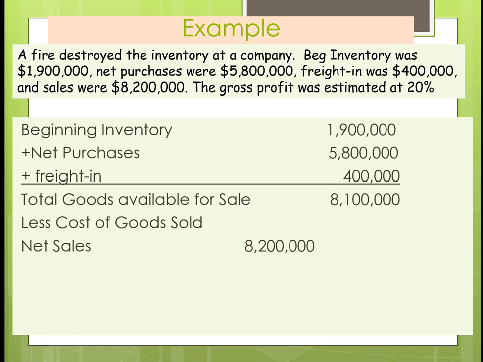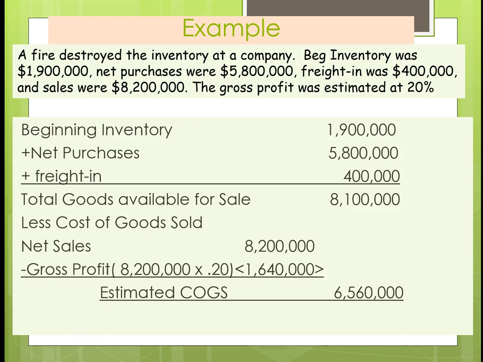Less cost of goods sold. You had net sales minus gross profit, which is 8.2 million times 20%. That gives you estimated cost of goods sold of $6,560,000. That gives you your estimated ending inventory of $1,540,000. So if you're doing interim reporting, this you would use for insurance purposes. But again, you cannot use this method for reporting purposes. And that ends part